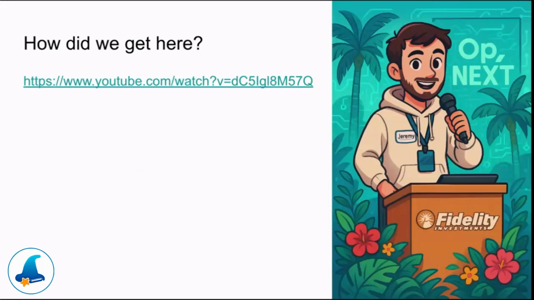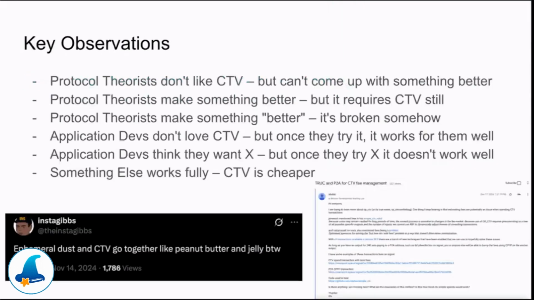In terms of how we got here, that's the talk I gave last OP_NEXT. So if you want that content, you should go watch the talk that's already been recorded in this venue. But instead of going over how we got here, I'm just going to leave you some key observations about where we are now. And now maybe Greg will not be mad at me. So then basically we have